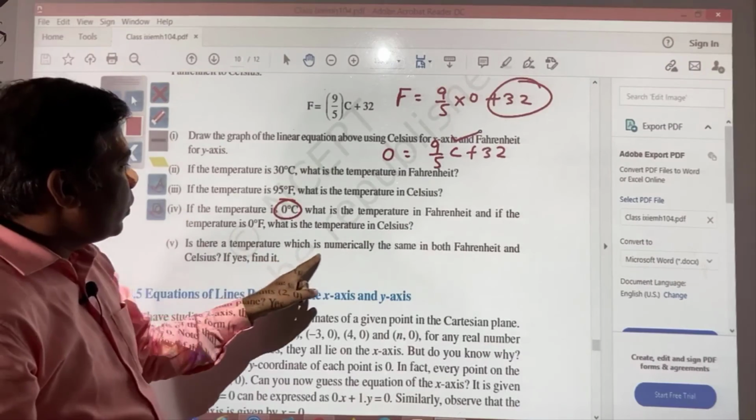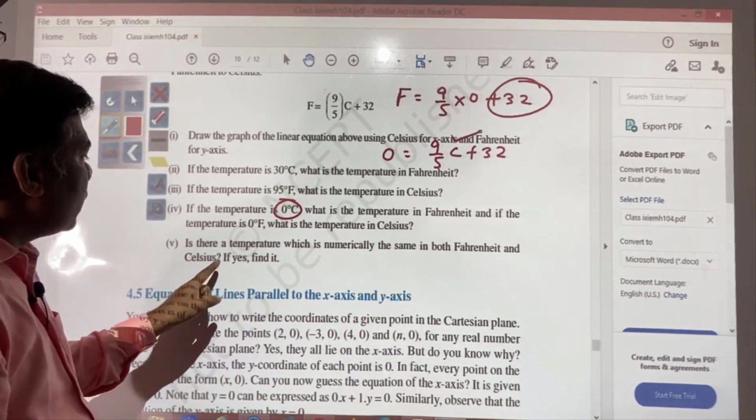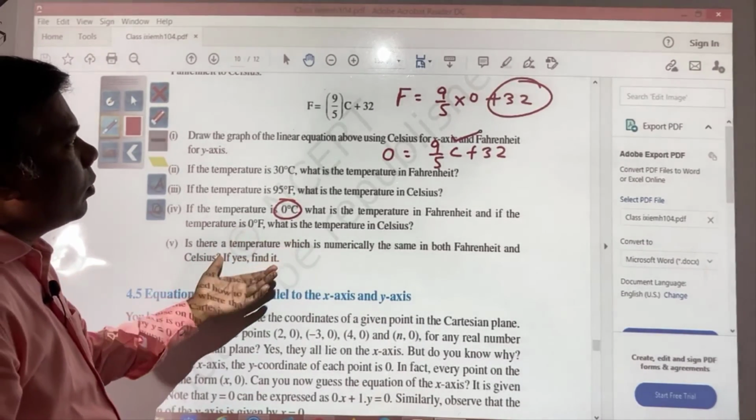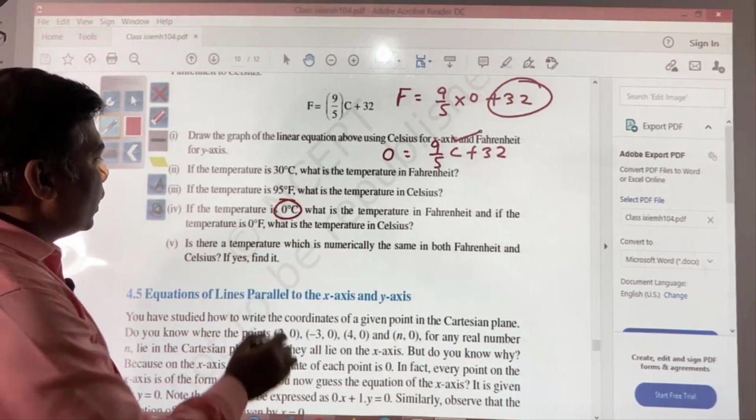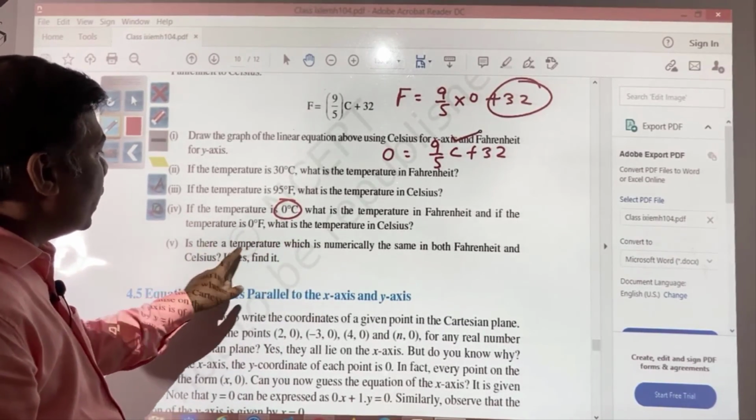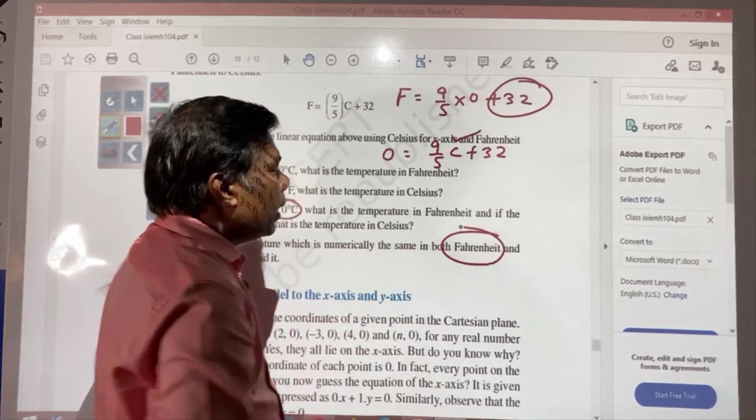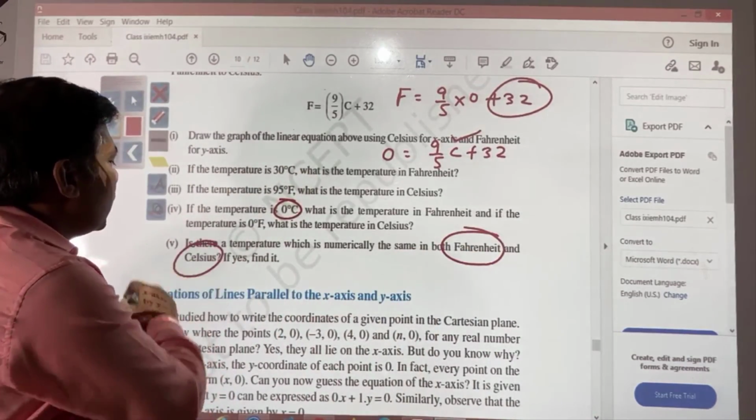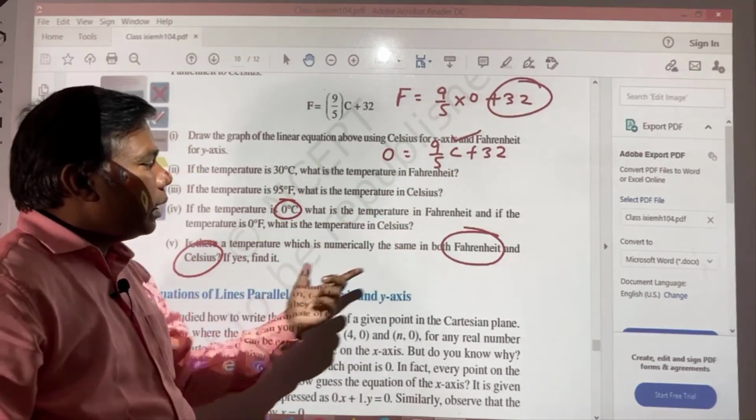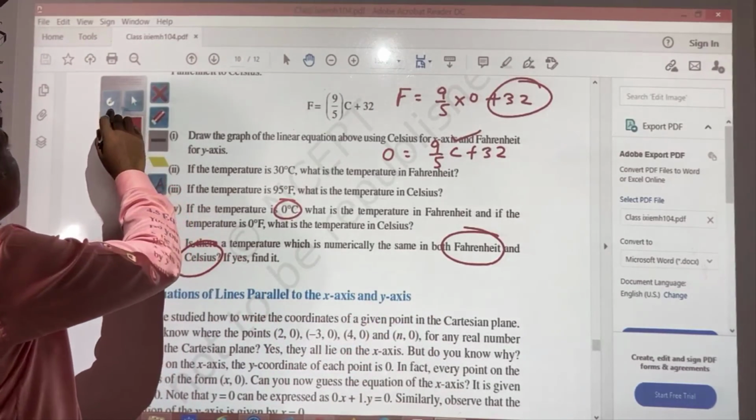Is there a temperature which is numerically the same in both Fahrenheit and Celsius? Try to find it out. If C and F are equal, is there a temperature which is numerically the same in both Fahrenheit as well as Celsius? In this formula only, you put and try to get that number. I hope you will be able to do it. So in this way we have completed this exercise,